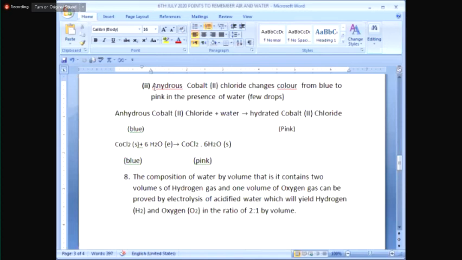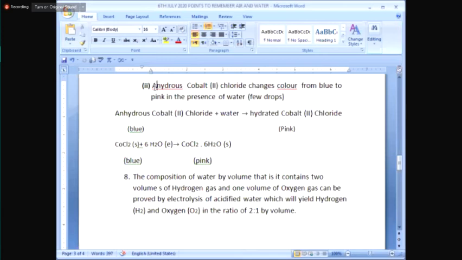How to determine the composition of water. So my dear students who have the basic concept of the term composition, very good. Otherwise I'll tell you: when you're asked to determine the composition of water or any chemical, you should know the component elements present in that substance whose composition we are referring to, and their amounts. You know the water formula is H2O, and we have discussed its composition earlier. Now how to determine it?